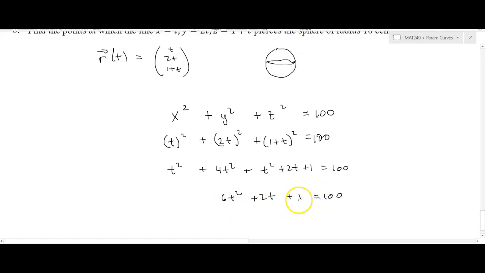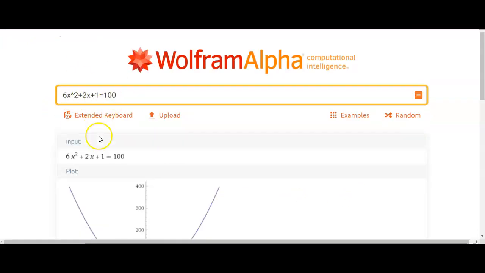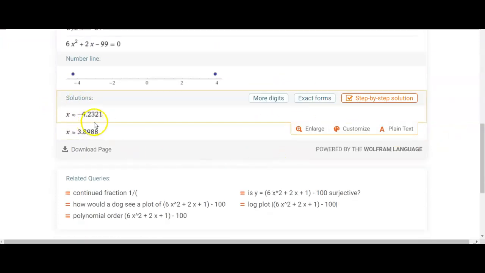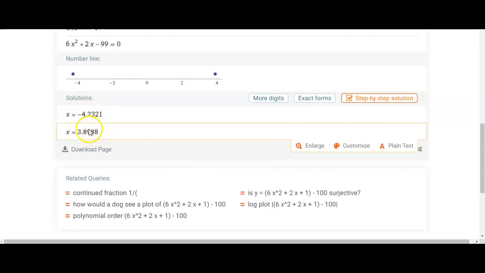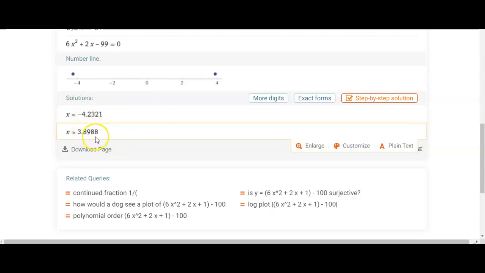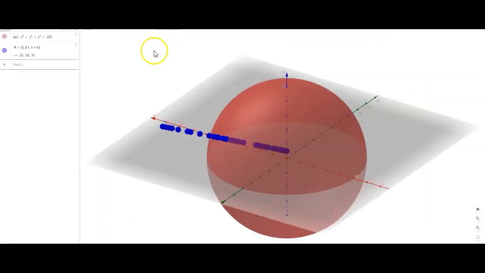And now if I want to solve this equation, I can use the quadratic formula by subtracting the 100 over, but we can do it in Desmos as well. Just figure out, when does the parabola exceed 100? And so here I have that function input, and if I scroll down far enough, there are actually 2 points where that happens. One is a negative value of t, which we started at t equals 0, so we're going to ignore that. So at t equals 3.8988, which is pretty consistent with what we came up with here,